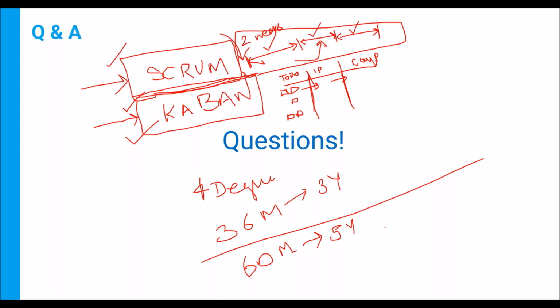Yes, when you say 36 months, what documents are required? So when you apply for the PMP exam, you will initially be asked for your project description, project start date and end date, and your project title, and all those details, right? So once you submit your application, PMI randomly selects some of these applications for audit. If they have randomly selected your application for audit, they will ask you to produce certain documents as evidence for your experience, right? So one of those documents is your educational certificates, okay, a Xerox copy or photocopy.